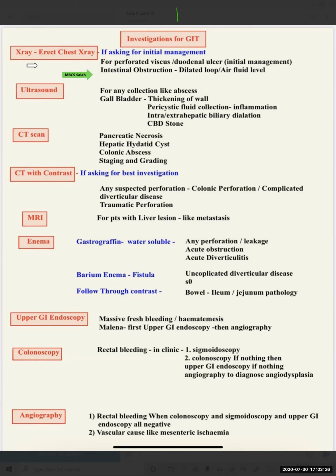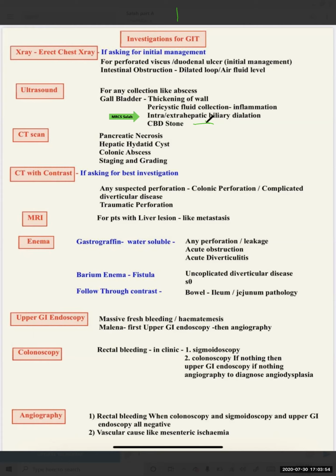X-ray abdomen. Ultrasound abdomen or GIT for any collection like abscess, for gallbladder especially, thickening of the wall, pericholecystic fluid collection, which means acute inflammation. Also, you look for intra or extrahepatic biliary dilatation. If you find the intra or extrahepatic dilatation,